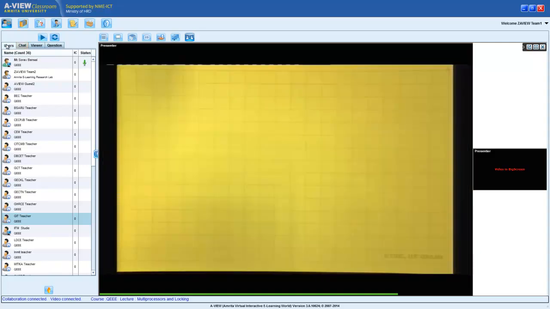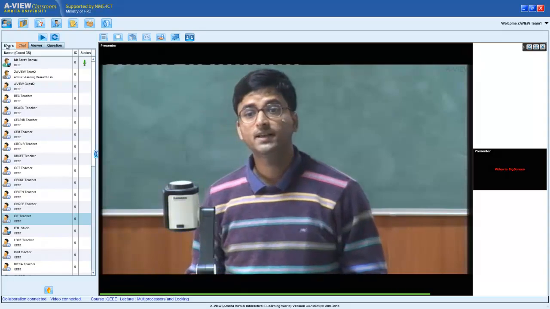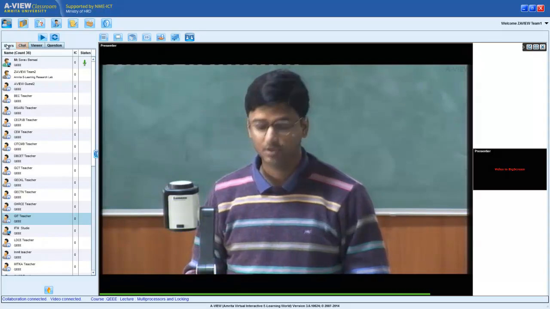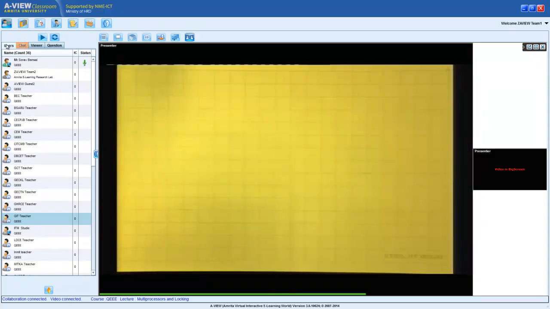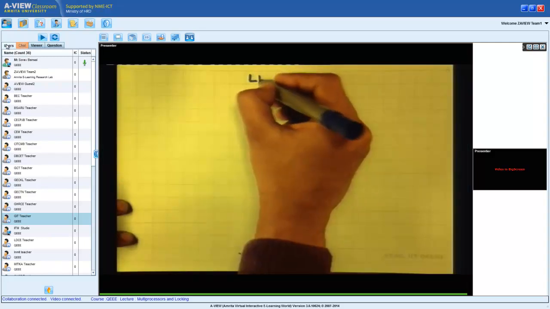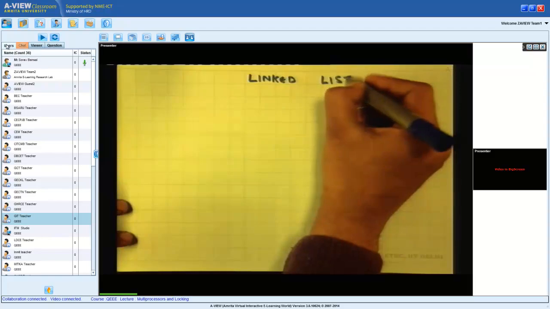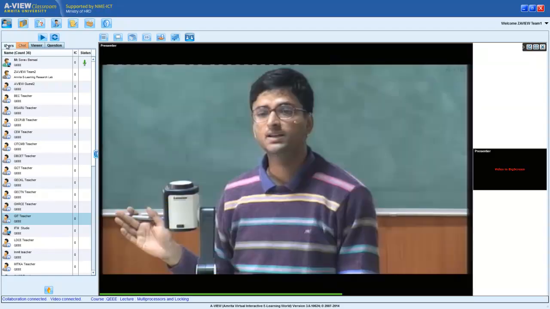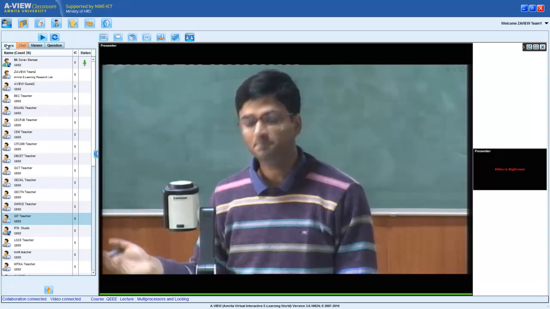Okay. So let's first take an example where, if there was no synchronization, things would become very bad. Let's take the example of a linked list. I assume all of you are familiar with the linked list. You have studied it in your data structures class. Very simple data structure.